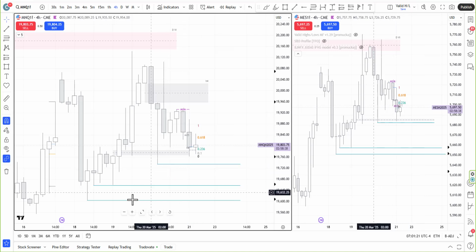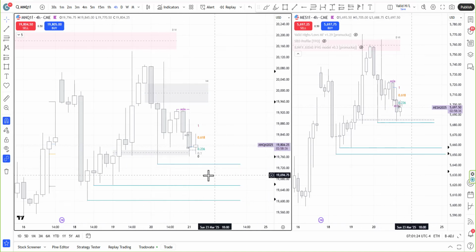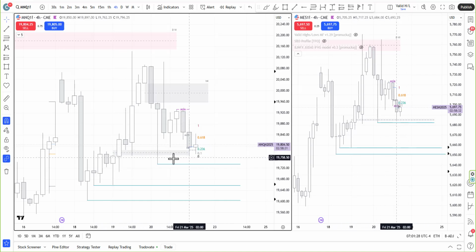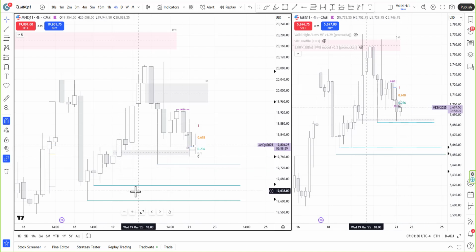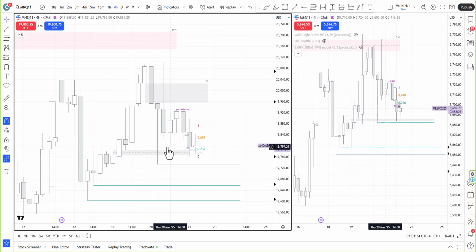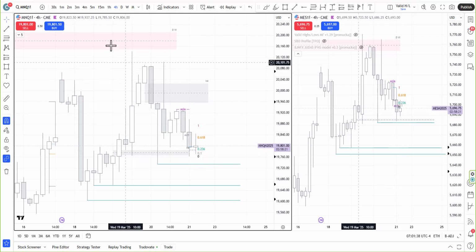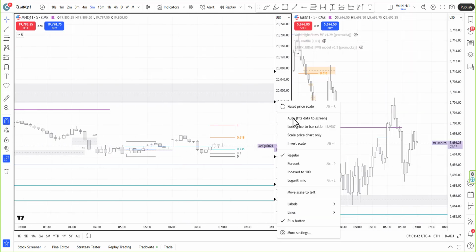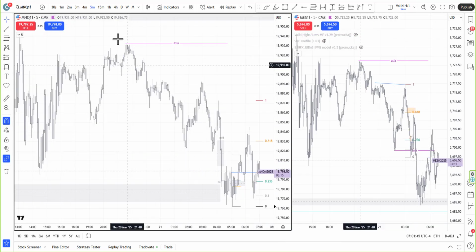So the 4 hour, I always mark out my key levels. And what I see is that price is being held up by this 4 hour gap. It did it once, twice, thrice. I have no idea. So, okay, let's immediately drop to the 5 minute because we do have everything in here